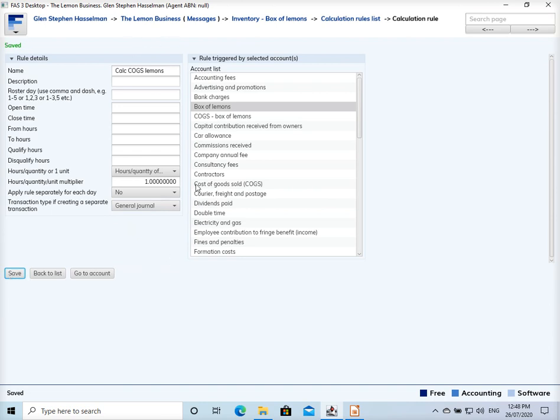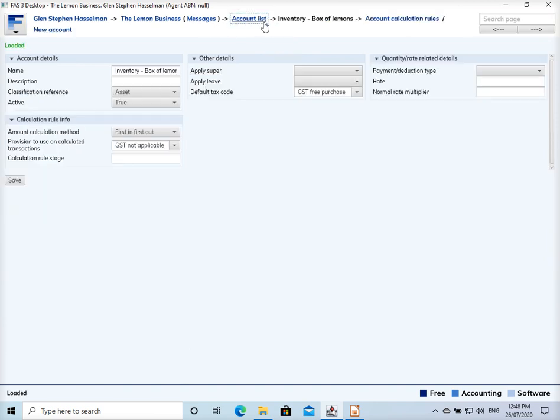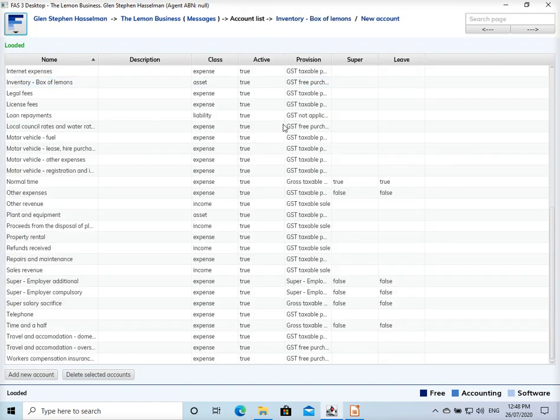This kind of setup is pretty standard. So if you've got simple inventory requirements, you don't really need to understand all this in depth. You can just copy this setup. We need another calculation rule. So if I go back to the account list,